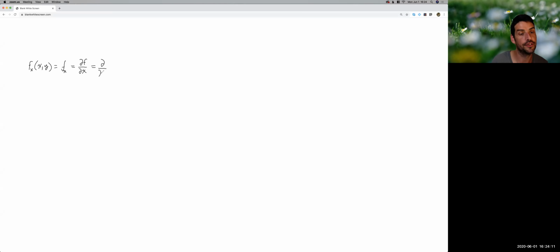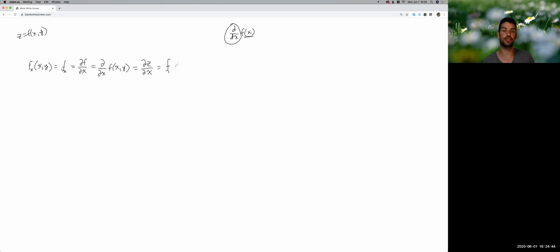We have the same thing, right? This is just like how when we write d dx times a function f of x, it's sort of like saying, take the action of a derivative on this function. Sometimes we write it with a z, because we sometimes write z equals f of x y. So we'll write it with z and x. And sometimes we just use numbers, especially if you're doing more than